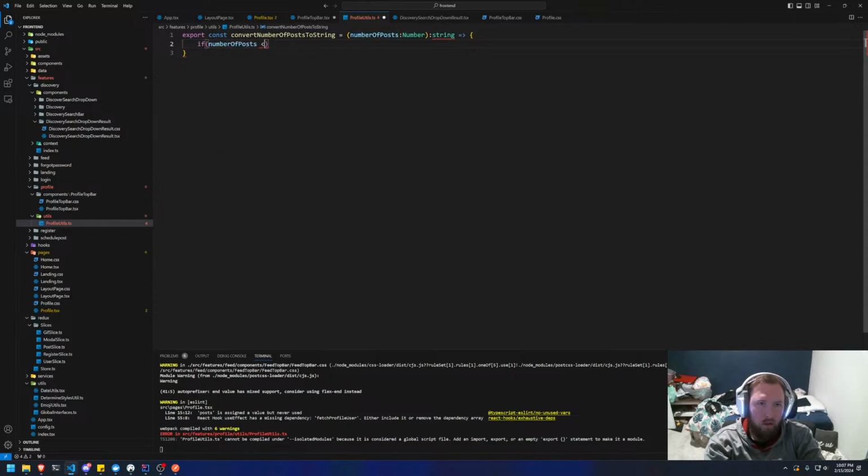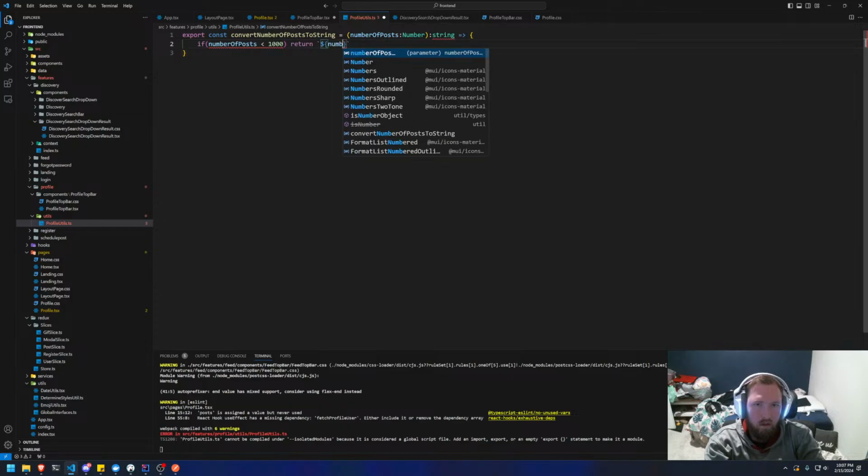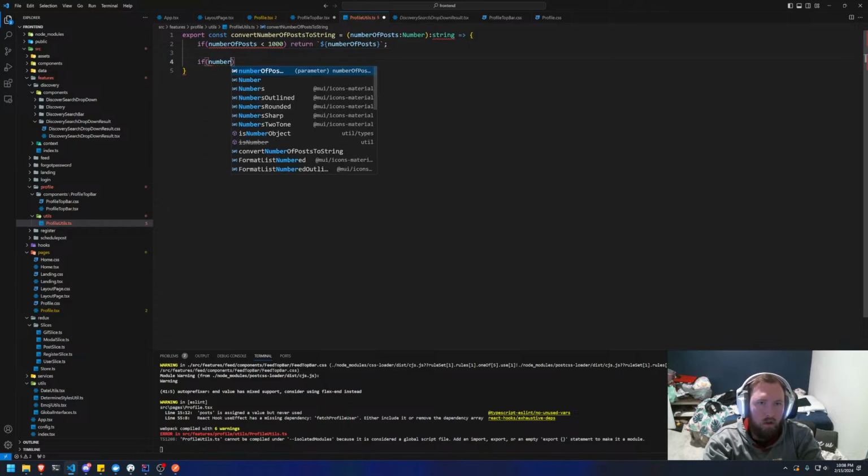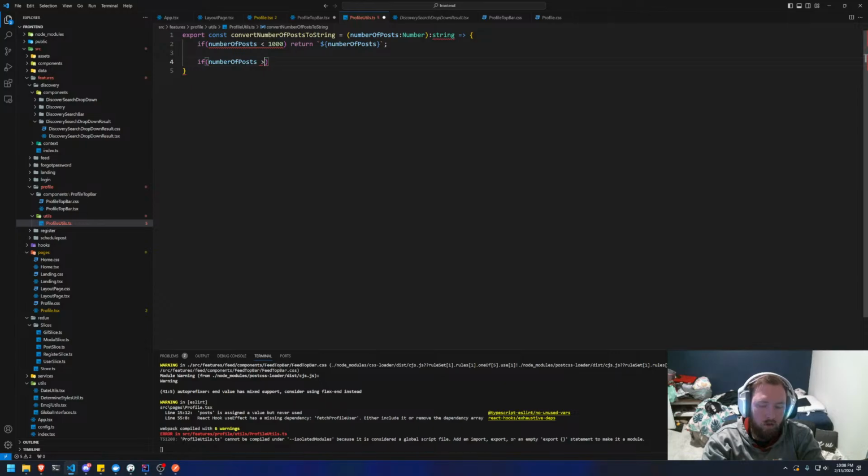If the number of posts is less than 1,000, we're going to return a string with ${numberOfPosts}. Then we'll say if number of posts is greater than or equal to 1,000,